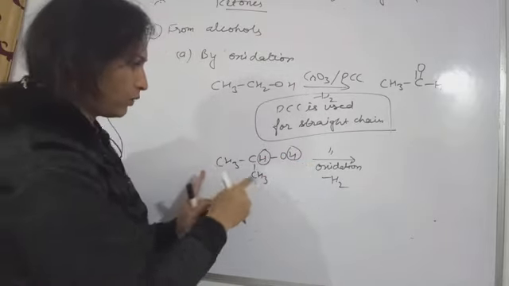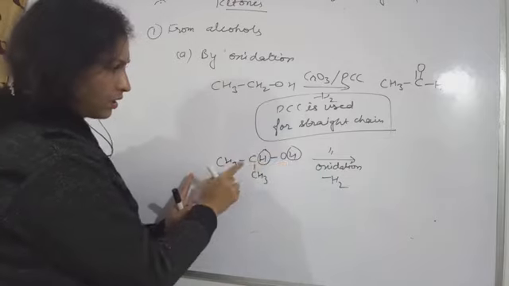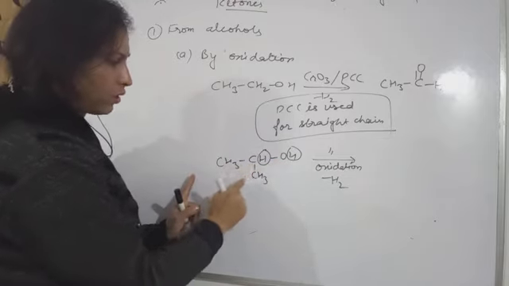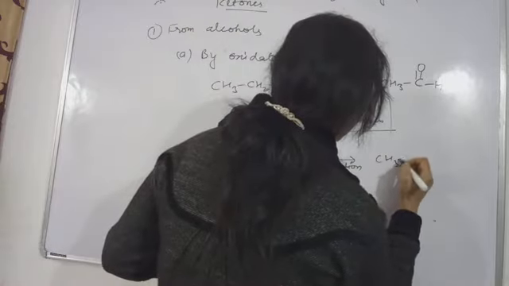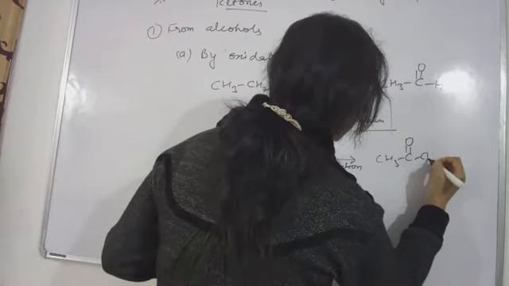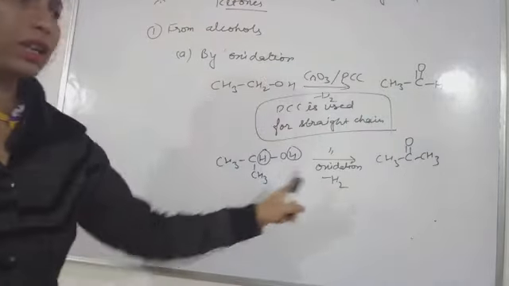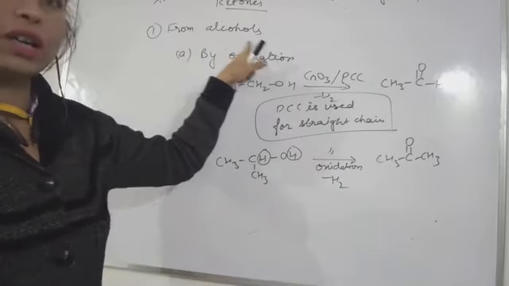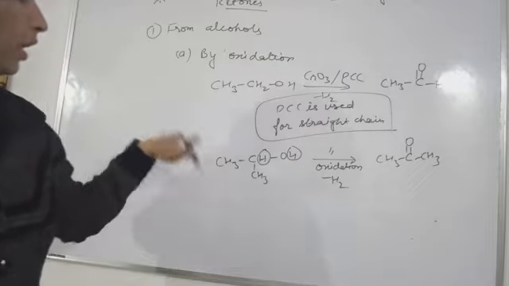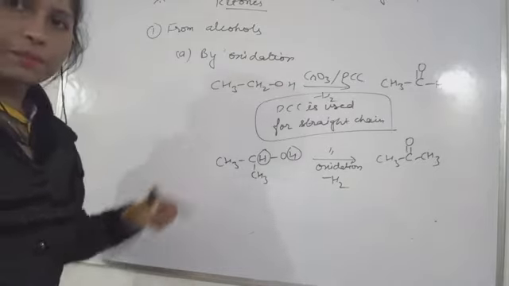So here this hydrogen will be the leaving group, this hydrogen also will come out. So you are left with what? This carbon is making a double bond with this oxygen, and then you are left with ketone. So here you got ketone, this acetone you got. Okay, so this was all about the oxidation of alcohols. Now one more from alcohols.